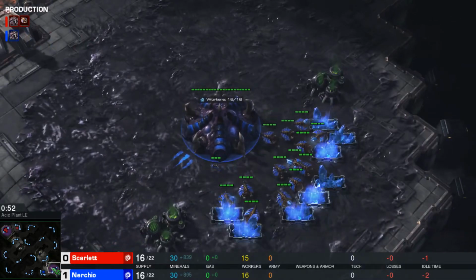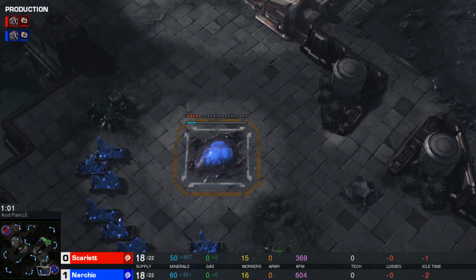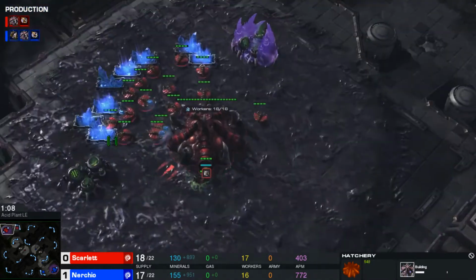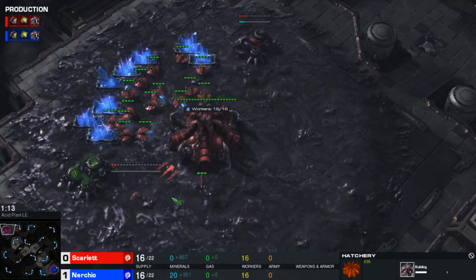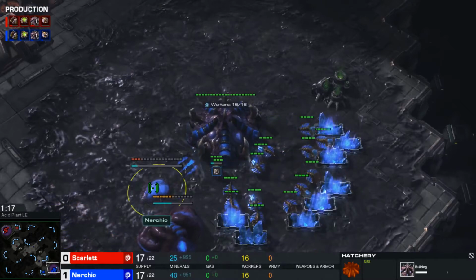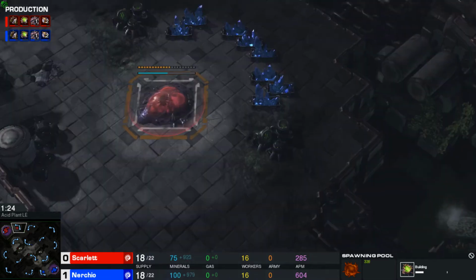So guys and girls, game number 1 in this series was absolutely awesome. What a real back and forth battle between these two players. There was just so much going on all around the map. It was hard to kind of keep up with, but there were just moments where Scarlett absolutely felt like she had a very good opportunity of obtaining victory, and I think that she definitely had her moments. Nerchio also had moments where it felt like he was definitely going to, you know, take a lead, and then there were times where it felt like he was kind of allowing Scarlett to kind of dictate the pace